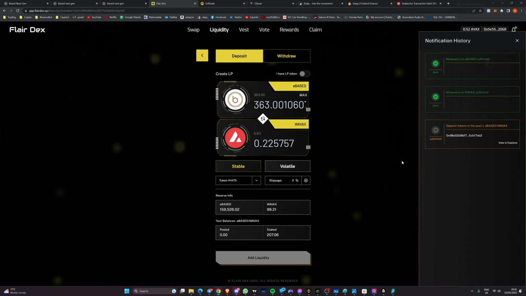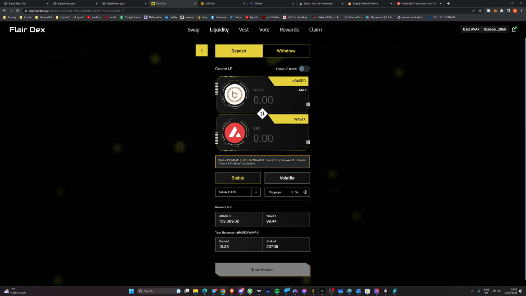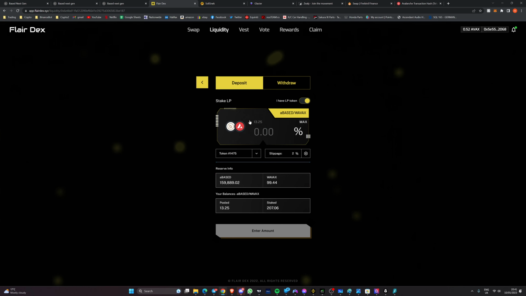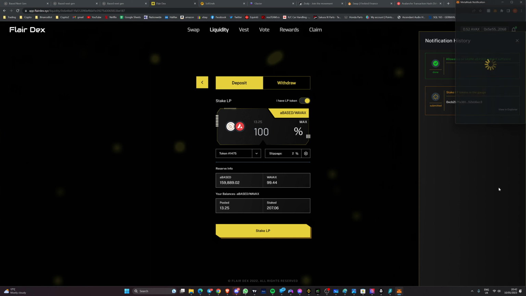So confirm that transaction, wait for that to complete, and then, very vital step, once this has completed, you have to make sure that you then go and stake that token, because although you've created LP, it doesn't actually stake it into the pool. So it jumps you back out to here. You then need to go back into manage again. You have to select I have LP token, and you can see here the LP that we just created. Click on maximum again, click on stake LP, and that will put it into the pool. Click confirm on the transaction,